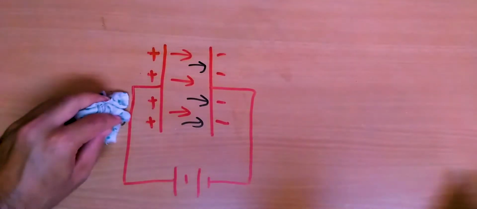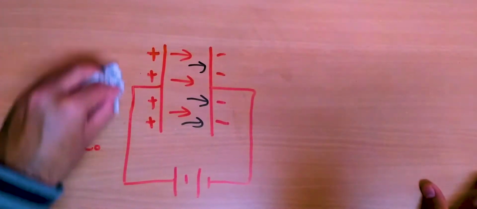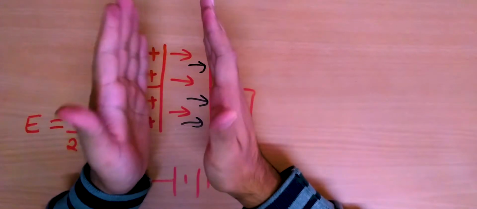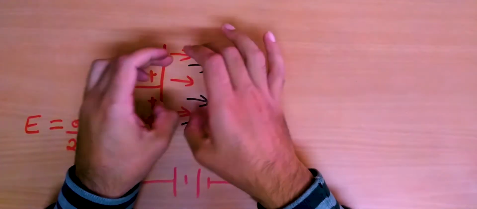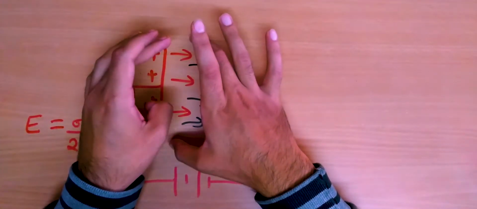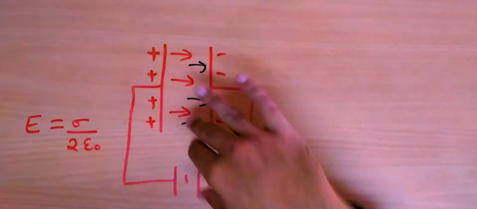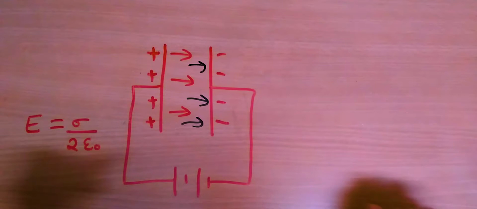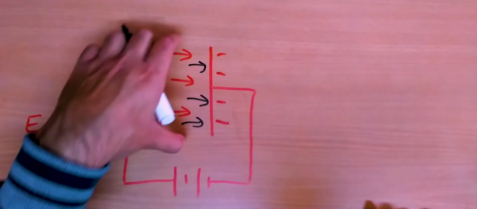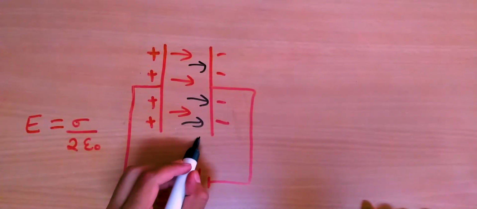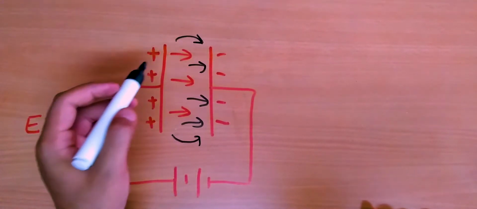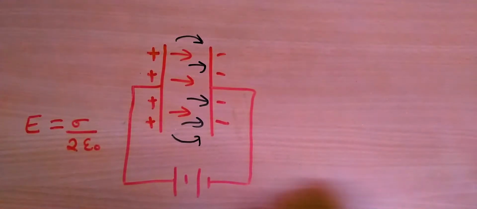What we can infer from this is that outside a capacitor we have no electric field, and the electric field only exists inside the capacitor. Obviously, because this is not an infinitely long parallel plate, at the edges of the capacitor the electric field will be slightly bent, will slightly curve in this way, and that is called fringing.